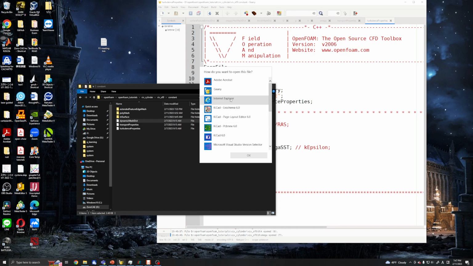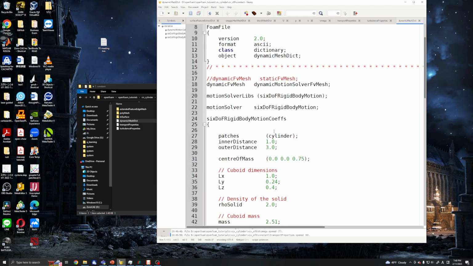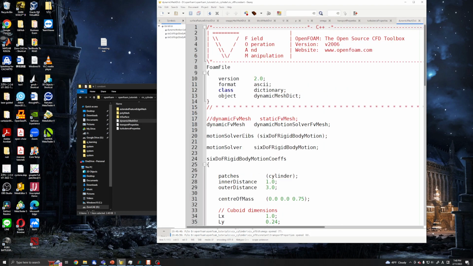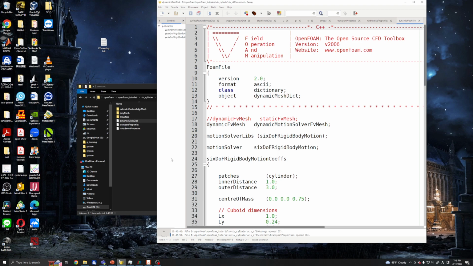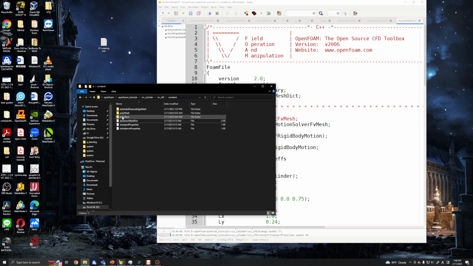And this dynamic mesh is all about the motion of our mesh and of course our structure. I will not cover this because I will need a lot of time later. Okay. Then we have polymesh, and this is the mesh of our simulation, and we have the most important file